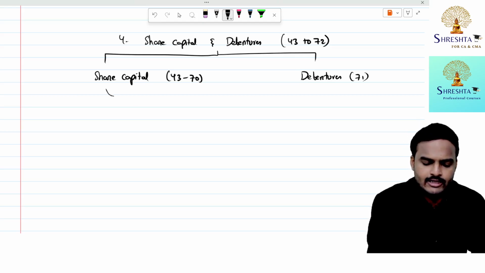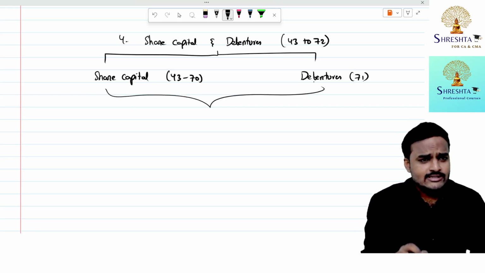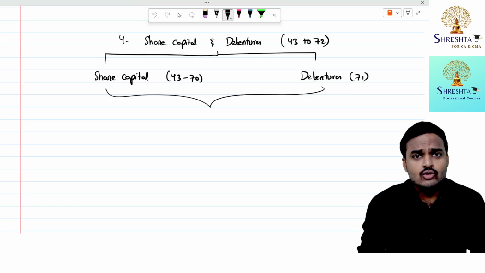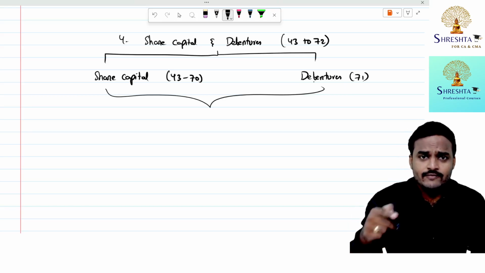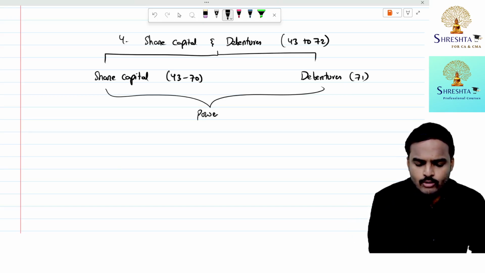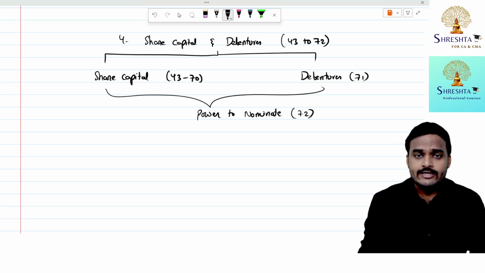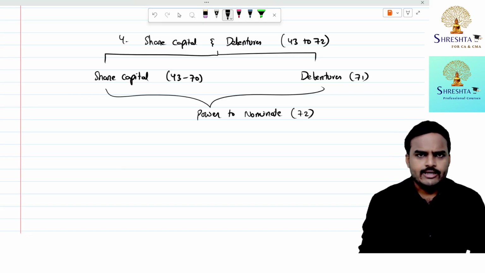Section 71. And every holder of a security, whether it is an equity share, preference share or a debenture, has the power to nominate any person who can become holder of the securities in the event of death of this member. Understood? So that is the power to nominate, nomination. Simply you can call it the nomination clause, section 72. The nomination clause is mandatory in case of a one person company, but it is optional in case of other companies. Understood?